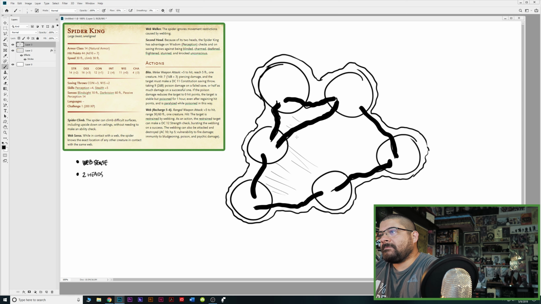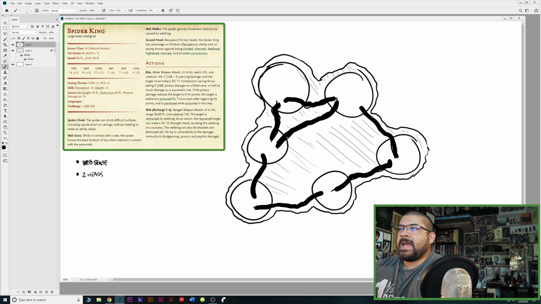Down here below, on the ground level, is not a good place to be for the PCs to walk into. Okay, there's way too much craziness going on with webs and entanglement and difficult terrain, and walking into it,